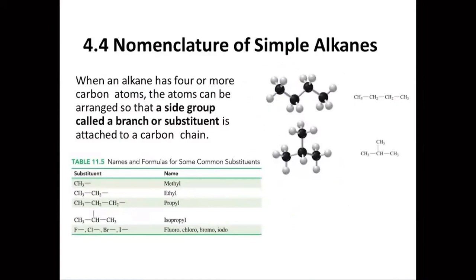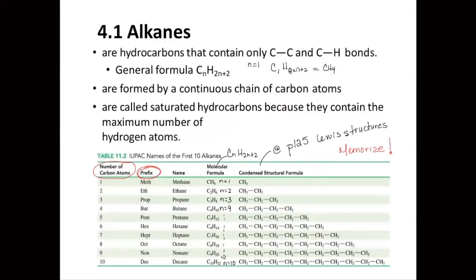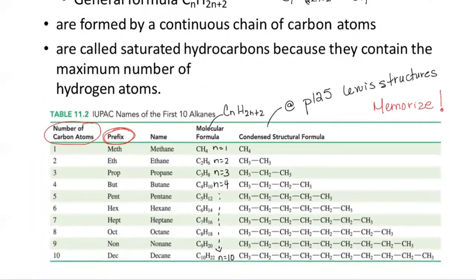In section 4.4, we are going to be looking at the nomenclature of simple alkanes, okay? So earlier in this chapter, we learned that alkanes are the family of hydrocarbons that contain only carbon-carbon single bonds and carbon-hydrogen single bonds, okay? Now, alkanes can have a continuous chain of carbon atoms. And if we go back to something that we mentioned last week, you can see in this table, which is not in your textbook,